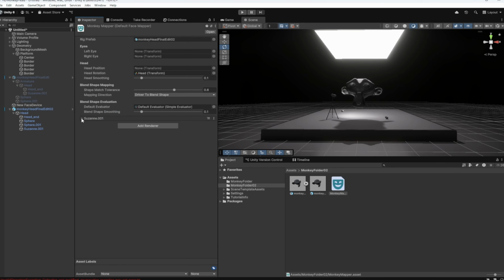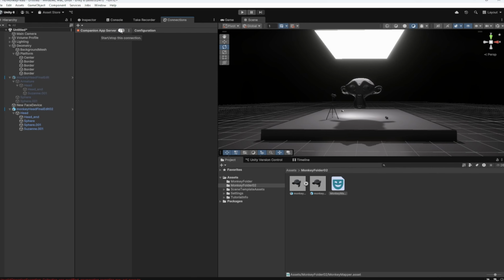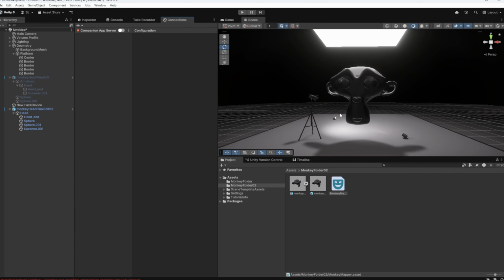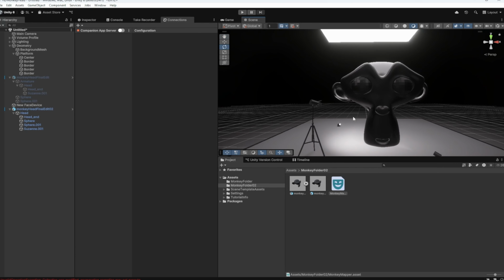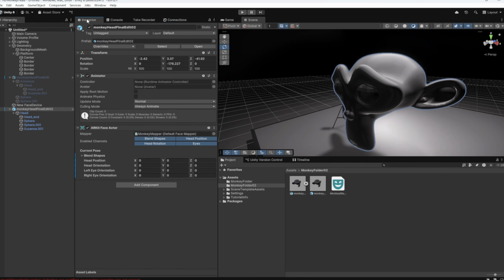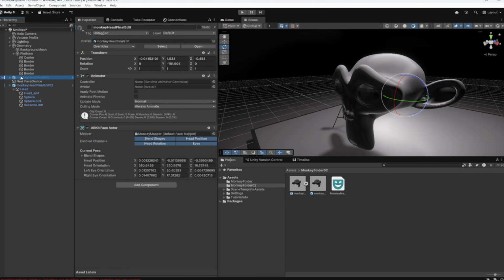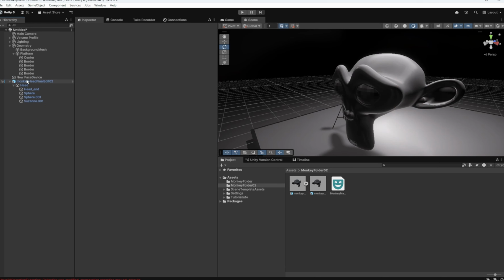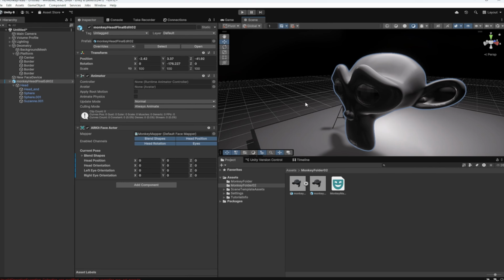Disconnect it. And now that we know that it's working, we could now position it in the right location. We could also get rid of this monkey to avoid confusion. Just position this monkey in the...